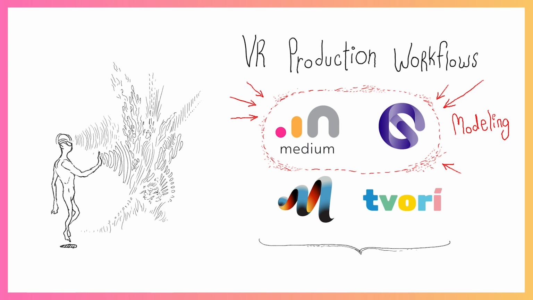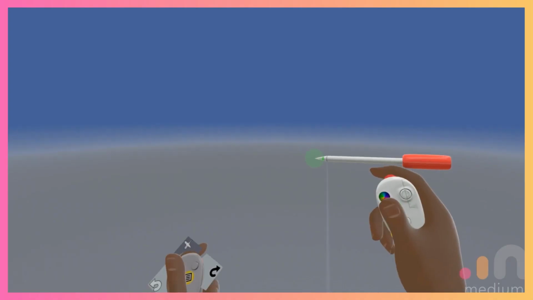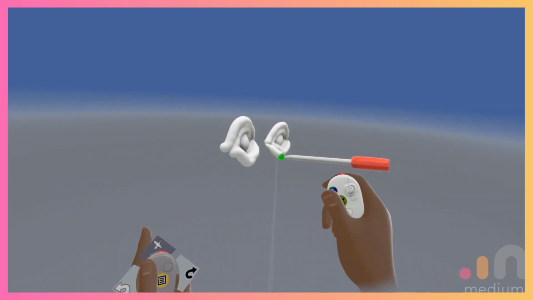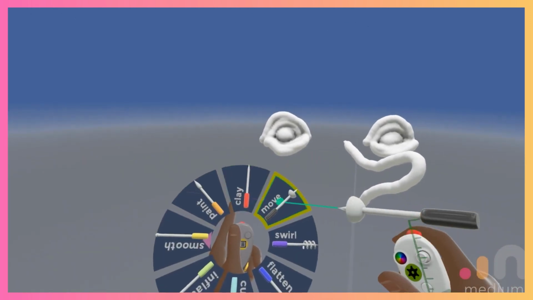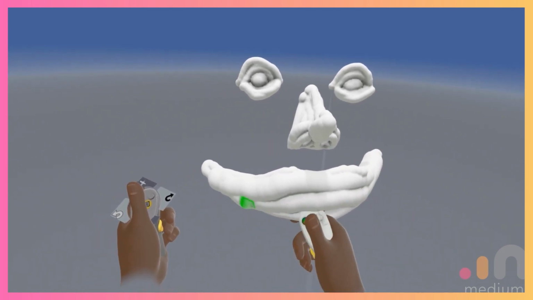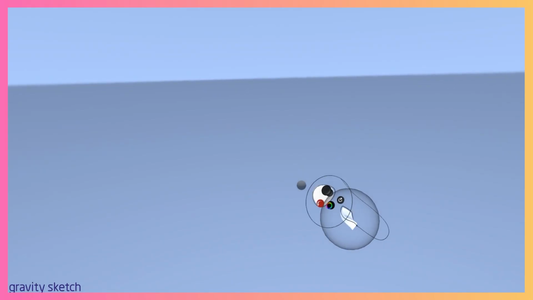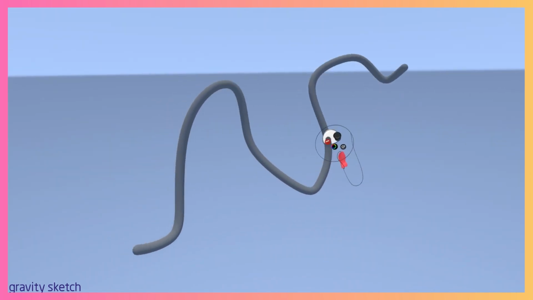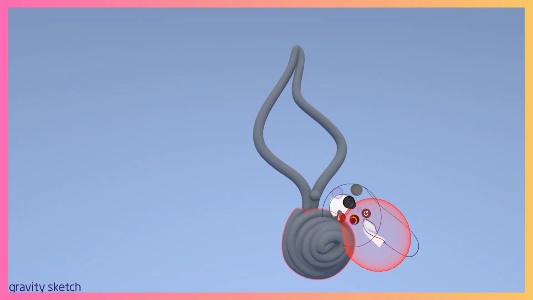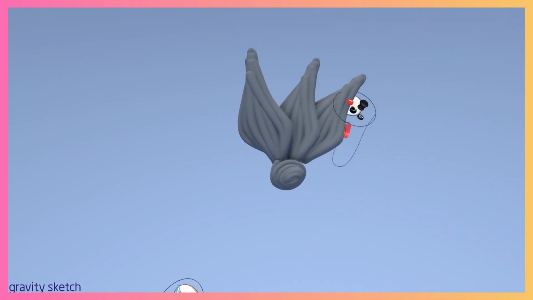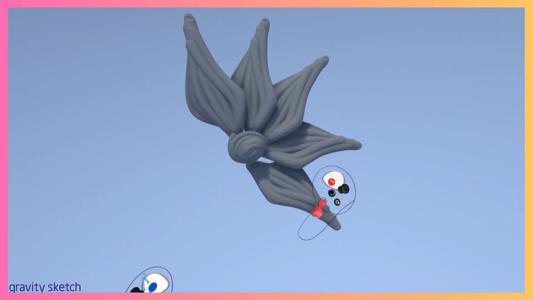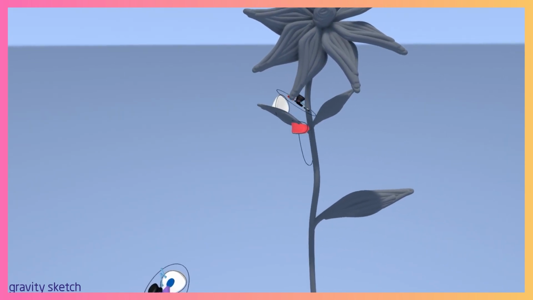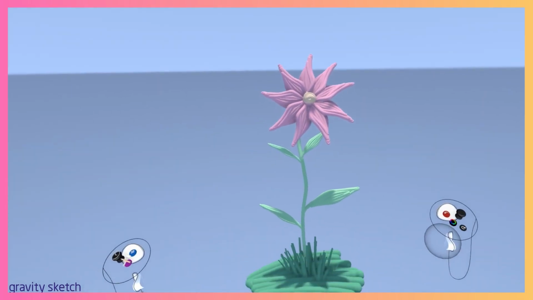For modeling, I looked at Gravity Sketch and Oculus Medium. Medium, I would say, is probably the closest thing out there to a VR version of ZBrush. It's very intuitive and feels like working with clay. Its voxel sculpting allows the artist to focus on modeling as opposed to thinking about polygons. Gravity Sketch is a little different from Medium in that it's based on strokes. Each time you make a stroke, the program stores that as a unique mesh. The resulting models are not one continuous topology, but rather many separate pieces. I found that having separate meshes makes it a lot easier to select and move specific regions of a model after you've laid them out.